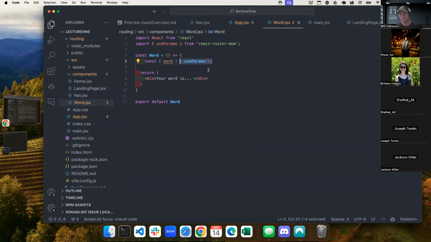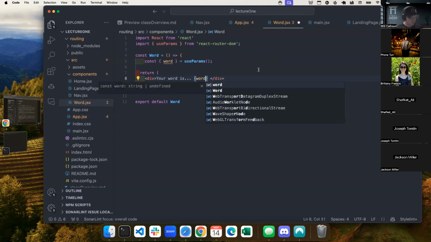And so the destructuring needs to match the key, right? So what I can say is your word is, and there's a couple ways I can do that, but I can just say word, right?